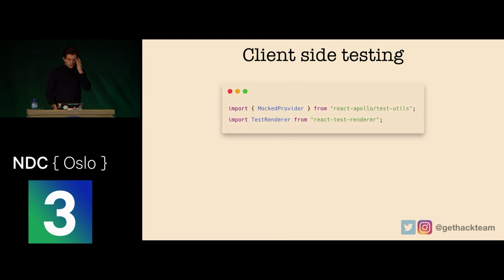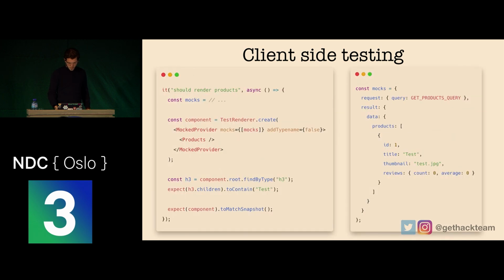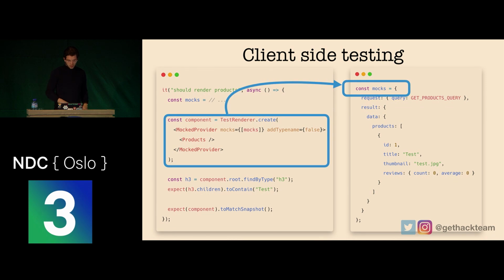So there are multiple ways to do this. One way is by mocking the provider and mocking the entire client. This is quite easy and fast to do, but still it isn't that reliable. But still, look at how we can do it. As you can see, you're actually mocking the entire result that comes back from your GraphQL server. This one isn't really reliable, because if you change your mock data, then maybe it will work